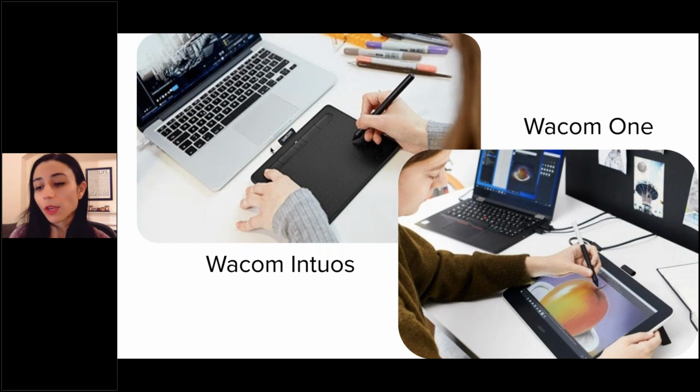It really feels like writing on paper. The quality of this tablet is amazing. And I recommend the Wacom One because it's the lowest price point for a screen display style tablet that Wacom offers, and it's met all of my needs as a math teacher 100%, and it feels so nice to write on. So those are the two styles of tablets.